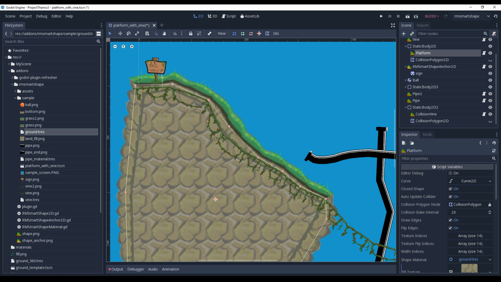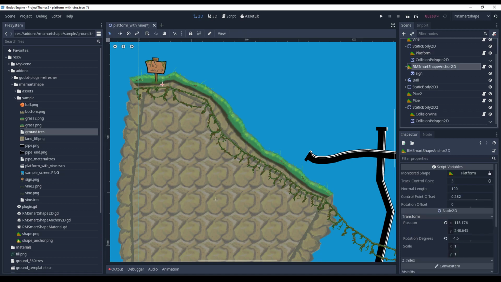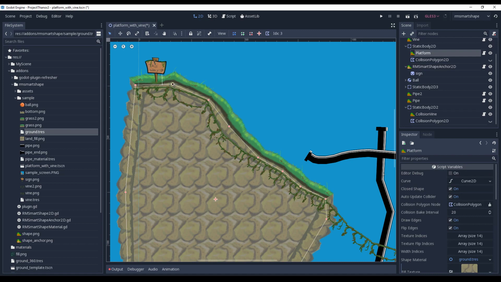So if I go back to that Smart Shape anchor, and on this tracking control point I make sure that it says 3, then what I'm able to do is I can assign any other nodes I want to this, and it will be transformed in relationship to the anchor, which is actually transformed in relationship to the control point on the RMShape2D. Sounds a bit difficult or convoluted, but the advantage is that I can do things like this,